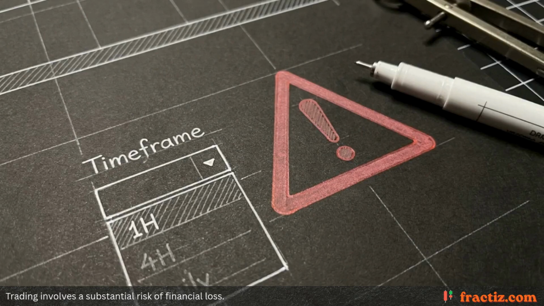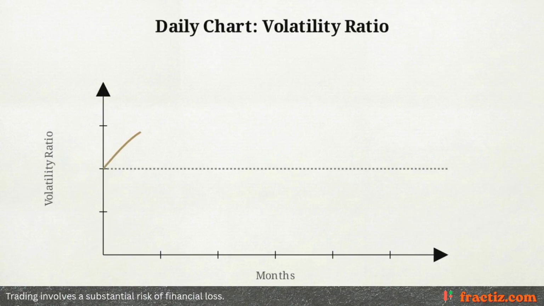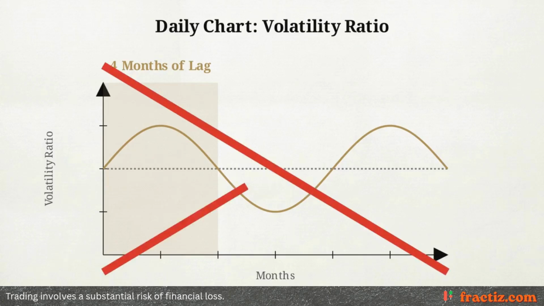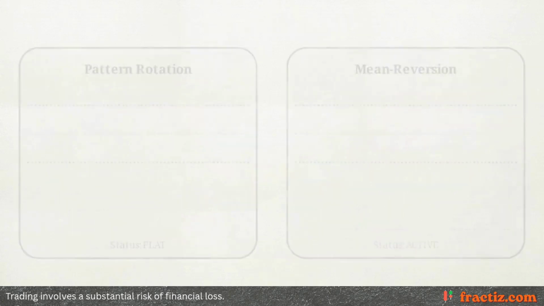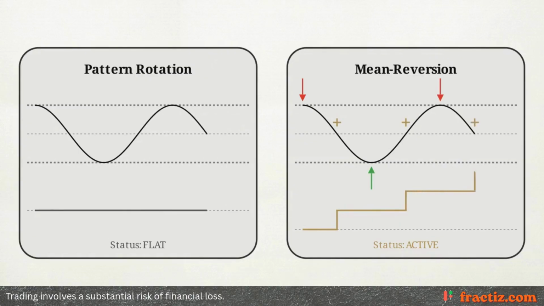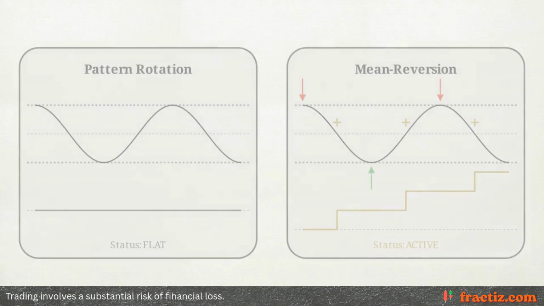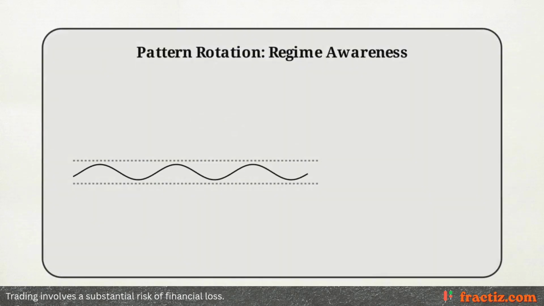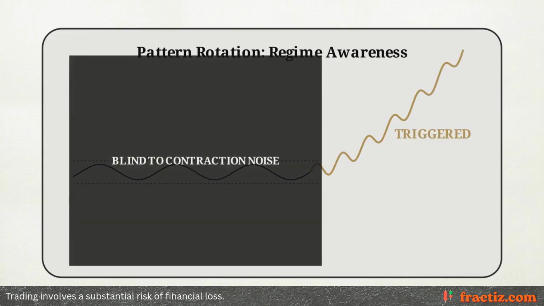Analytical objectivity requires exposing the system's blind spots. The most prominent is the strict timeframe dependency of the ATR filter. Applying this to a daily chart renders the filter nearly useless. Daily volatility regimes shift too slowly for a reactive ratio to prevent whipsaw entries. There is also a structural opportunity cost. By forcing the system to stay flat during contraction, it abandons any potential mean reversion trades. Pattern rotation is a highly specialized tool. It is exclusively a regime-aware continuation strategy, intentionally blind to low volatility edges.